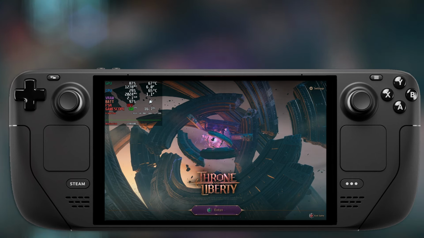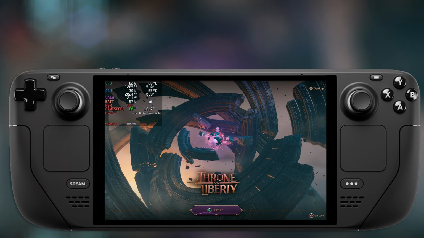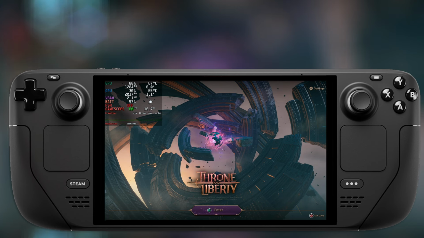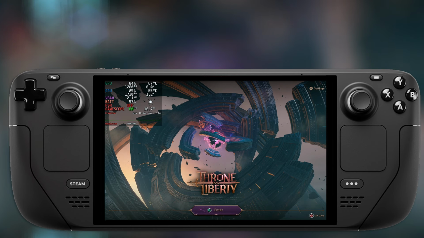Today we're taking a look at a brand new game that's just come out on Steam. It's actually in open beta. It's a brand new MMO from NCSoft and it's called Tron and Liberty. We're gonna check out how it runs on the Steam Deck, go through the various settings. Now keep in mind this is a beta and it's not the final representation of how the game will run,